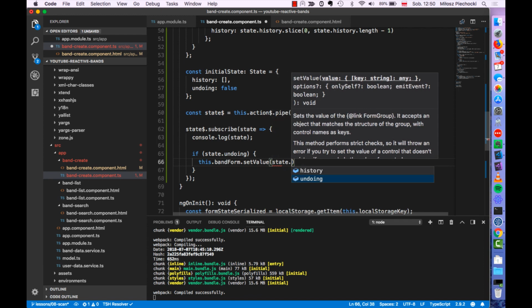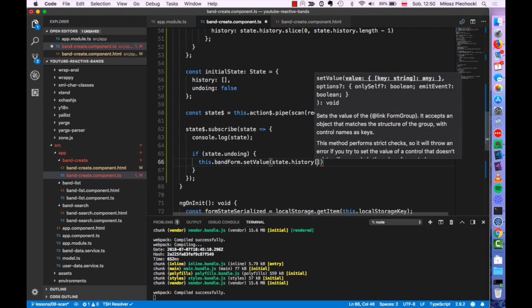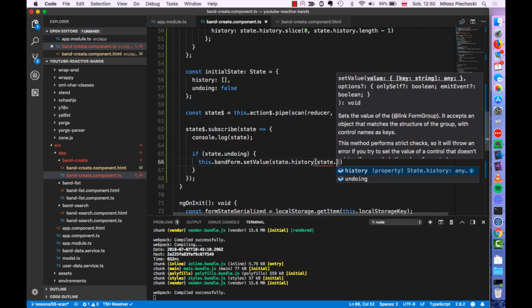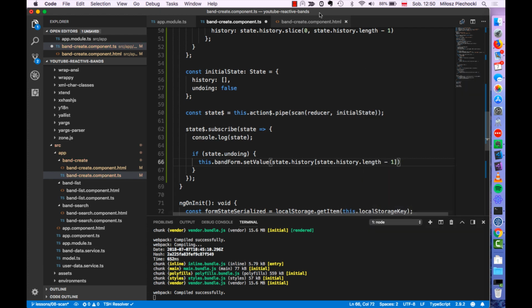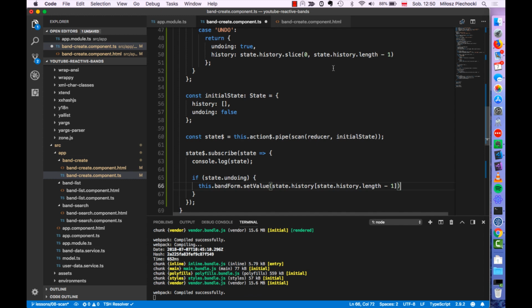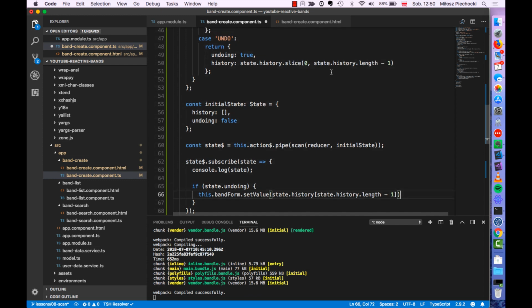So let's take state.history, and we want the last element from the array, because the array always holds the history and the current value of the form is at the end. But after processing the undo action, we have already removed the last element from the array. So if we look at the last element again, it will actually be the previous state of the form. And there is a tricky part here,